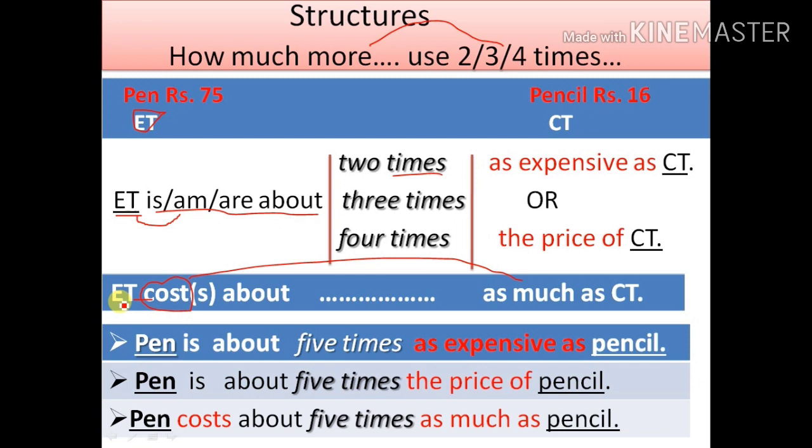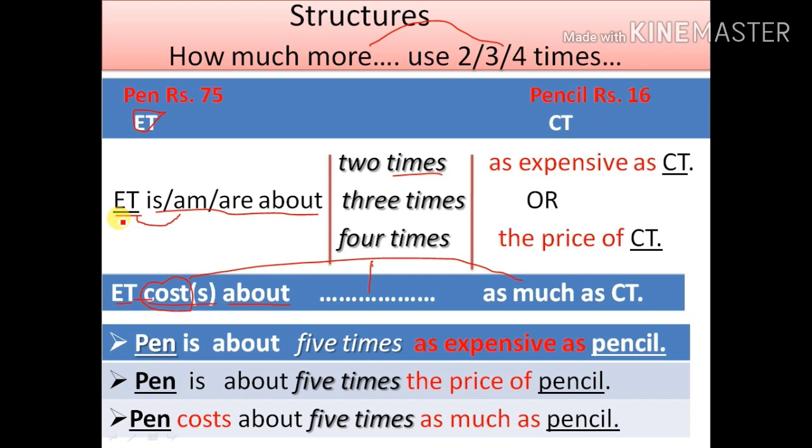So see here, expensive thing, cost or costs according to subject, about, and here we have to use times, 2 times, 3 times, 4 times, and then as much as cheap thing. So dear students, copy this structure. It would help you